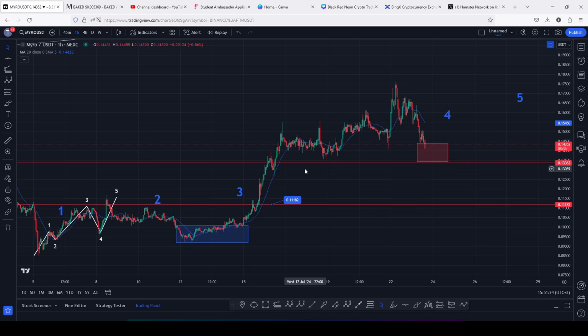Myro at the time of this recording is seeing a bit of a breakdown move, and this is after seeing an aggressive bounce to the upside in a move that gave us a high above the 0.17634. And at the time of this recording, we have lost the 20-day MA here on the 1-hour chart, flipping it back into resistance. But we also continue to hold above a significant key area of support above the